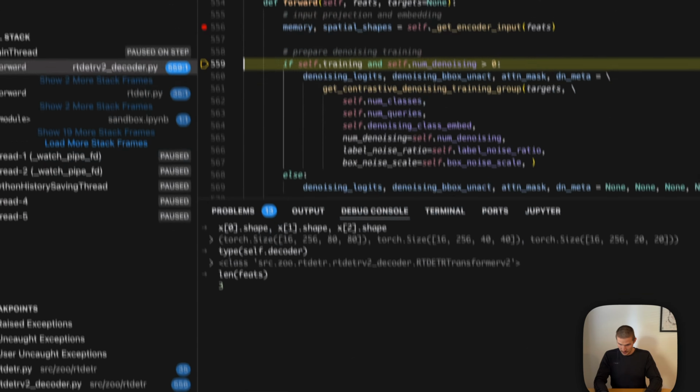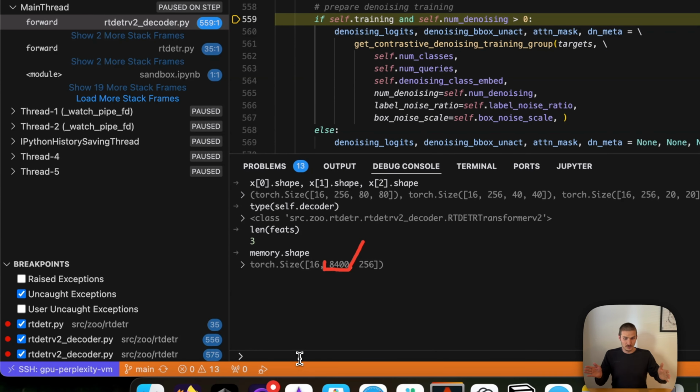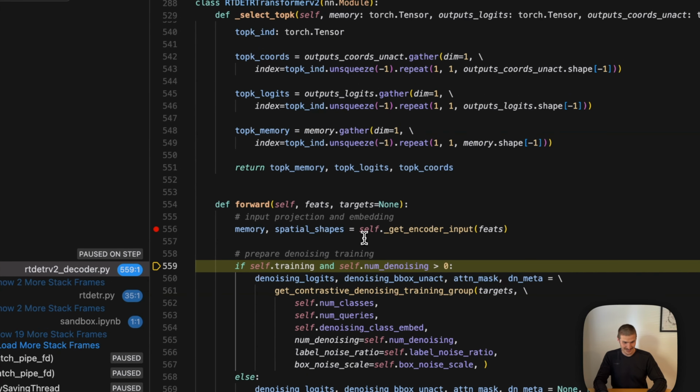So let me just continue through here, print out the output. Memory.shape is now single tensor with 16 by 8400 by 256. So this 8400, that's basically the flattened version of all 3 images concatenated together. You can check that by just multiplying 80 by 80 plus 40 by 40 plus 20 by 20, and that's exactly what you get. So we basically flatten each image, which means that we take it column by column and just basically flatten out, putting every pixel in a sequence, and we put all 3 images in the same sequence, and this is what we pass as